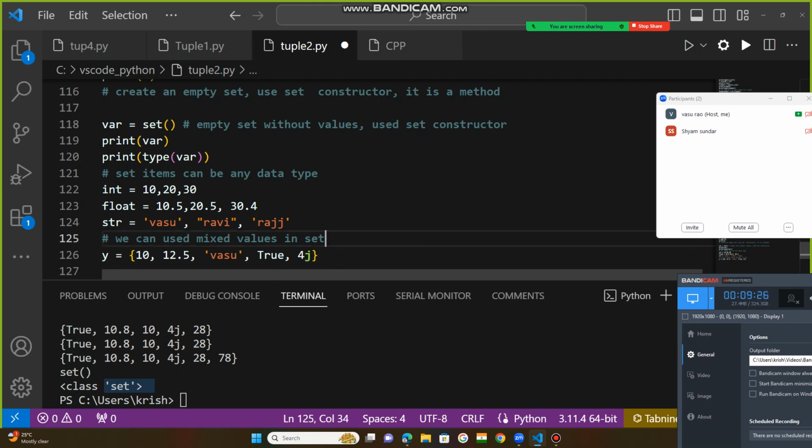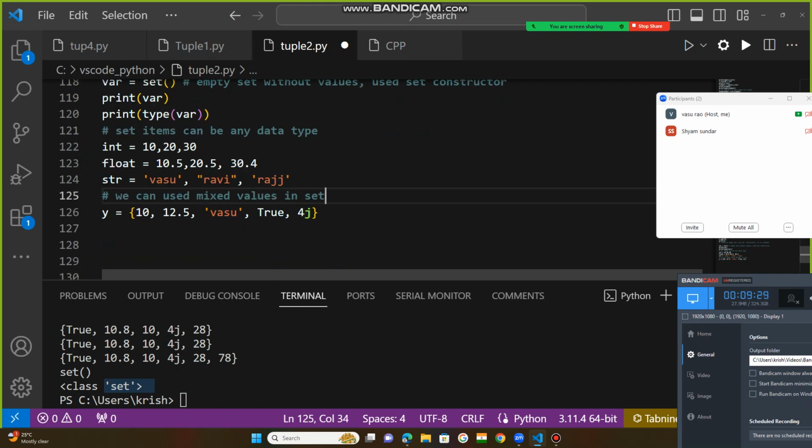Here I have used mixed values in the set: string type, float type, integer type. So set items can be any data type. Next I'm going to explain the type function. As I told you, type function means function with brackets, used to know